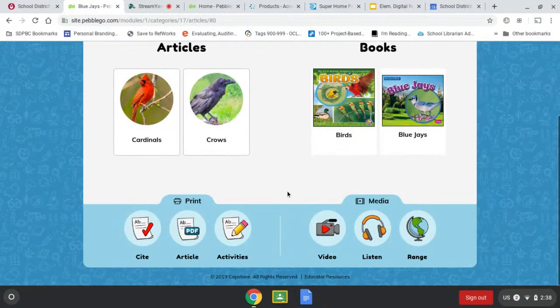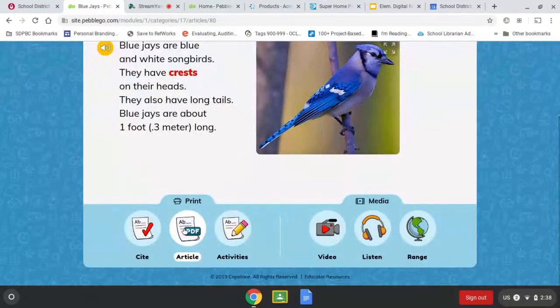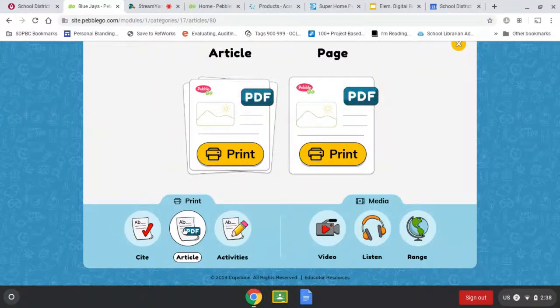Now, the way you're going to add this to your Google Classroom is to create a PDF of the article. Unfortunately, you can't really link the article directly to the Google Classroom. It won't open after you've closed the article itself. It will cache on your computer and it will appear that you can open it, but your students won't be able to. It'll just take them to the main screen of Pebble Go and ask them to log in. So a workaround is to